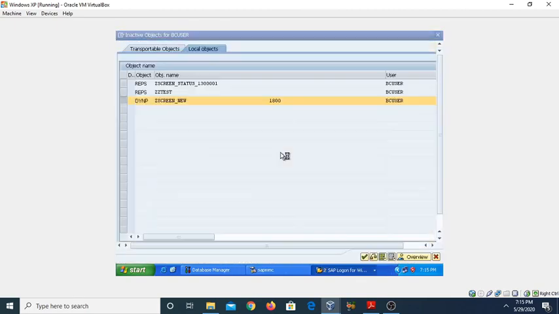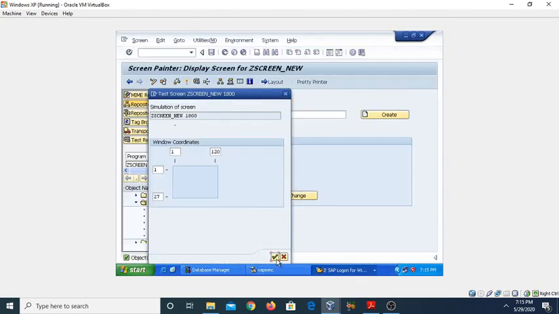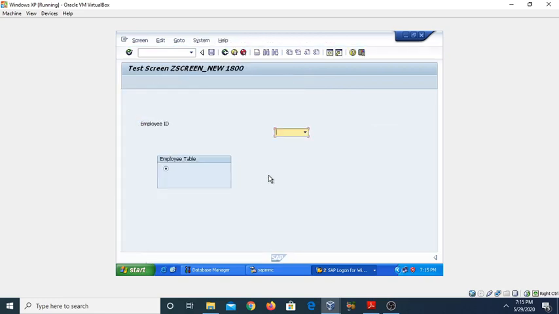Now you can execute this screen directly, specify the window coordinates, and you can see it has now become the list type. We have not entered the list of elements, so it is not showing any element list. You can see this is our box in which we have given the label, and this is the group which you want to make a checkbox or radio button group. This is our text field or label.